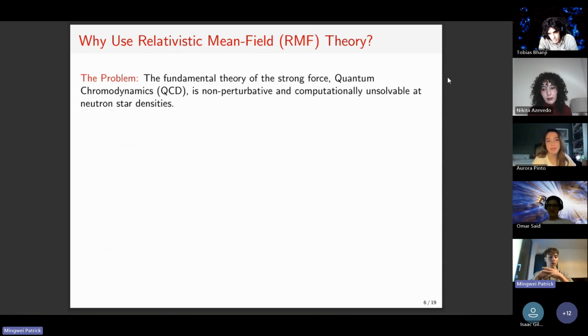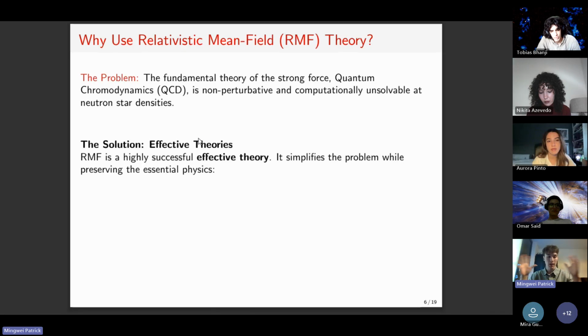So now that we've defined what we want our model to have, let's start thinking about what our model should look like. The first thought physicists might have is to use the fundamental theories because they're the most accurate. But a key problem arises: the fundamental theory of the strong force, quantum chromodynamics, is non-perturbative and computationally unsolvable at neutron star densities. This means that we essentially cannot analytically solve it, which makes it very hard to solve computationally, especially when you're considering a large body of mass. And so we have to resort to effective theories,